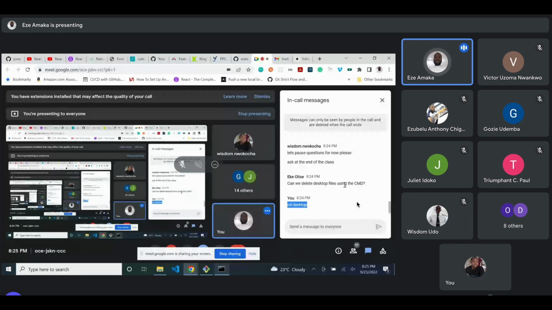You can actually delete stuff from the desktop or the command. We will get to that point, or we'll definitely cover that. So if you actually want to list all the files in the document, first of all, you need to move into the directory. That's change directory first to desktop, then type ls. So you can use this command, or Windows, use the